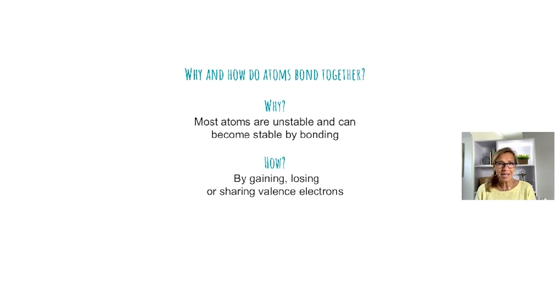Did you know that most atoms are not stable and they cannot exist as an atom alone? You will never see an oxygen atom just hanging out by itself. Never. So how do they become stable? Well, they will do one of three things. They will gain or lose or share valence electrons. So everything that we've learned about ionization energy, electronegativity, valence electrons, it's all going to pan out when we talk